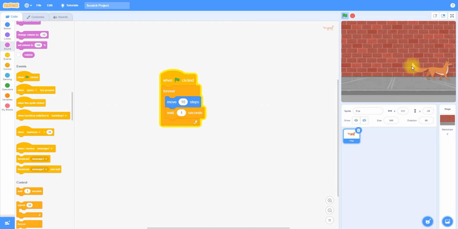Now you can see it will wait. Here you can see it's waiting and getting moved. When I click wait for 5 seconds, it will wait for 5 seconds. Now you can see it moved.